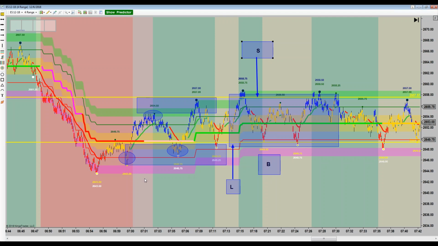But what we learned over time was that the box could be turned into all kinds of different things, right? Tight little boxes at support areas, tight boxes at resistance areas, the mid-band boxes, of course, we teach those quite a bit. So it morphed into something more than that. Now, in this case here,